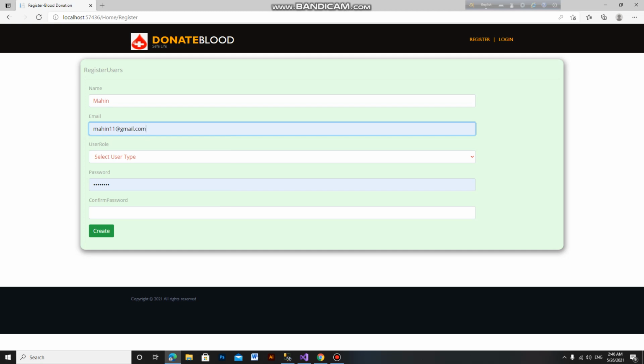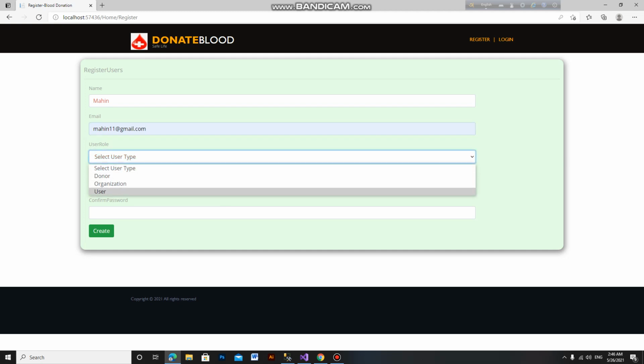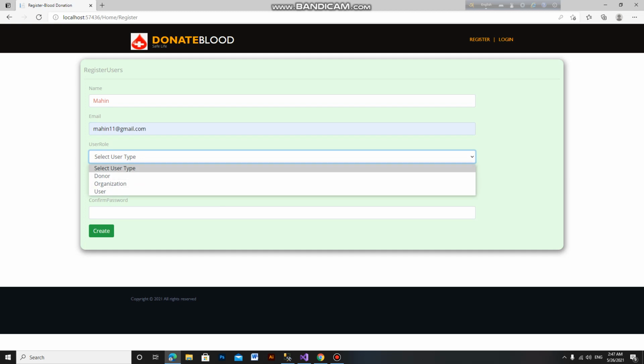If people want to find blood and donors, then he selects user. If he donates blood, he selects donor.